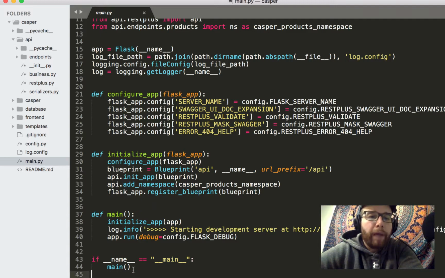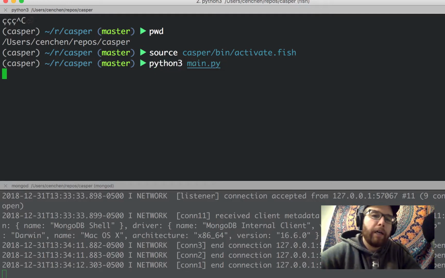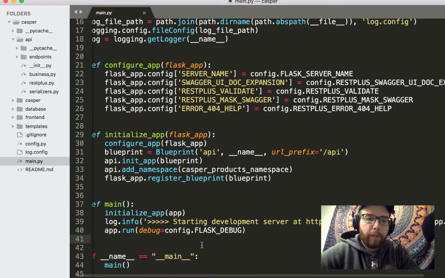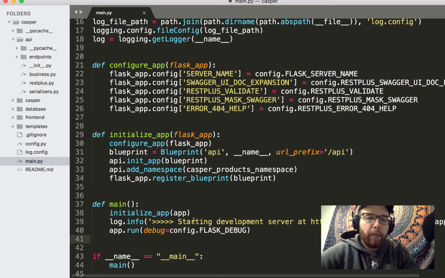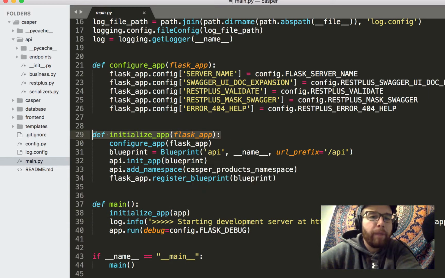Let's work backwards. So when I start up, when I hit Python 3 main.py, it's catching this piece on the bottom here. It's running main, which initializes the app. The initialize app takes a Flask app and configures it with some default configurations that I have set up in the config file,